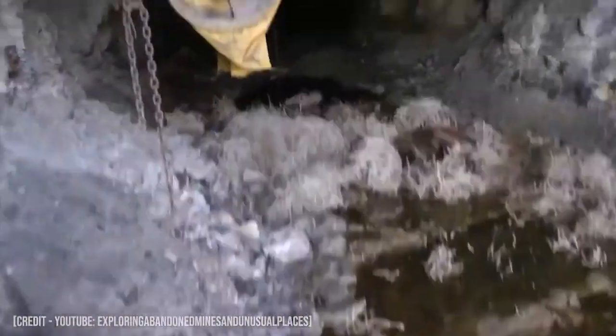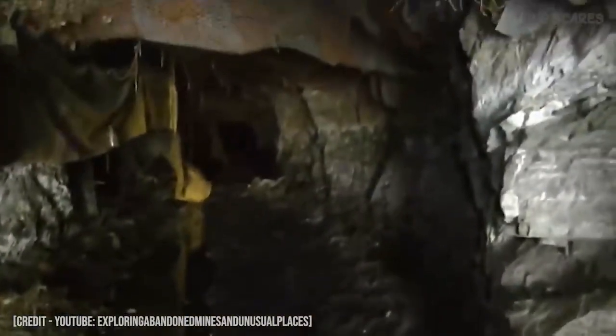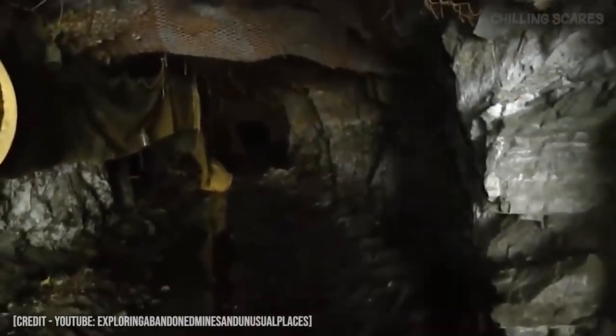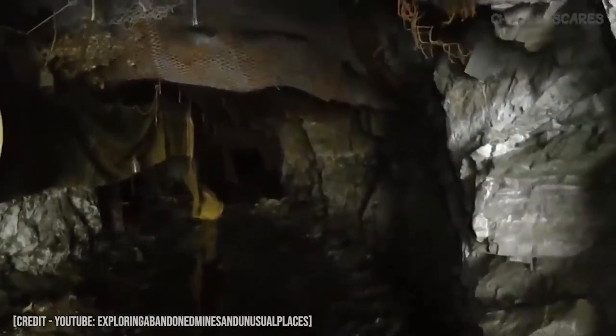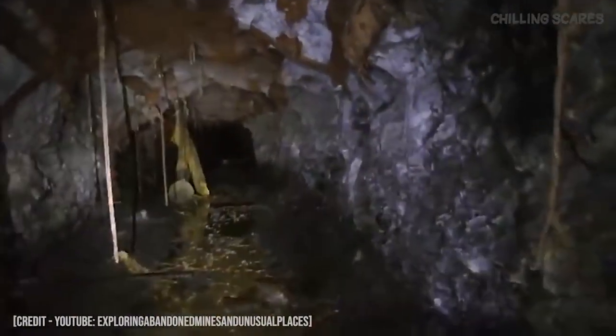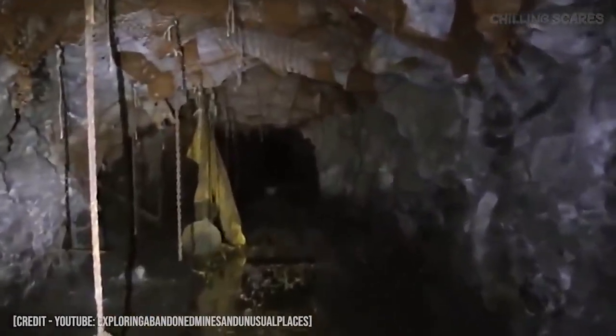But I just don't think it's wise to go in here when there's water. Try to avoid this if I can. Yeah, this looks pretty sketchy. I'll go a few feet further in and check it out, but I think I'm going to pass on this one. This is one of the creepiest mine tunnels I've ever been in, just because of how dilapidated it is